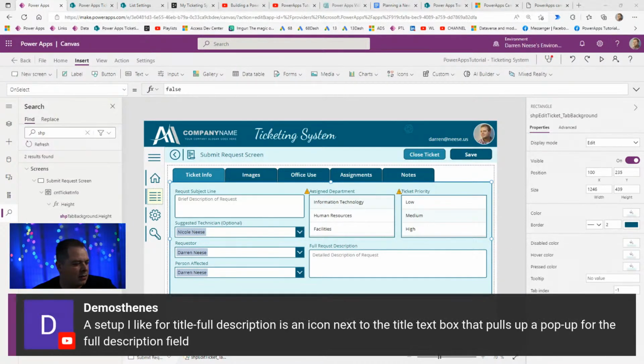All right. A setup I like for title full description is an icon next to the title text box that pulls up a pop-up for the full description field. Okay. Now, I would love to see a screenshot of this. So,